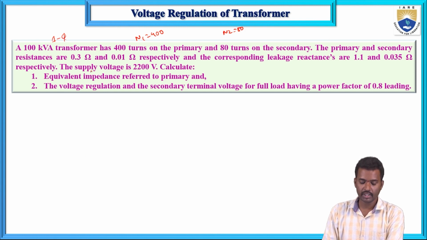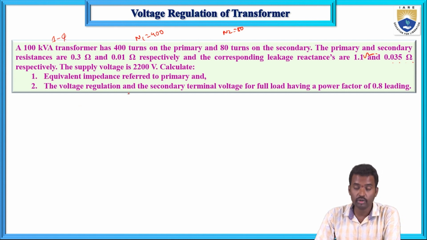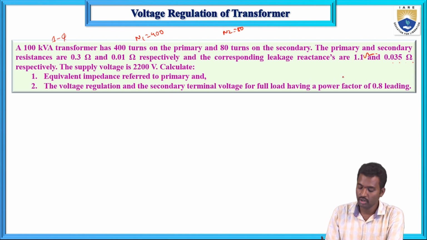The primary and secondary resistances are 0.3 and 0.01 ohms respectively, and the corresponding leakage reactances are 1.1 ohms and 0.035 ohms respectively. The supply voltage is 2200 volts. Calculate the equivalent impedance referred to the primary, and the voltage regulation and secondary terminal voltage for full load